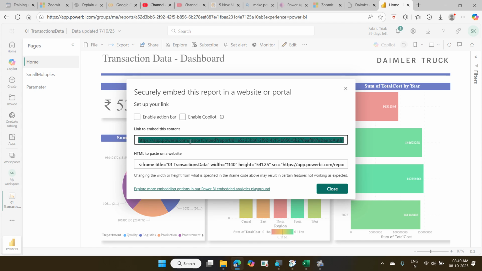Okay? This link you can send it to others who are not part of your workspace. If someone is part of the workspace, they can see your report automatically. We'll see in a few minutes how to create a workspace and how to allocate the people into the workspace. Right? Then, another method,